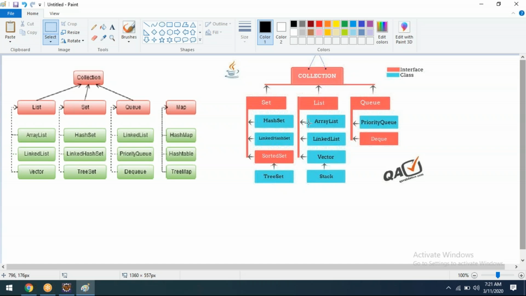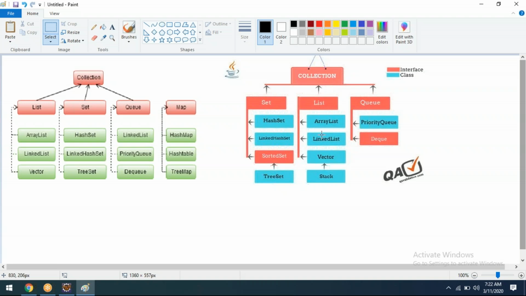Under this list, we are implementing ArrayList, LinkedList, and Vector, and this Vector has one more child called Stack. Stack is the class that extends the parent class Vector. For Vector, the super interface is List, and the super interface for that is Collection.